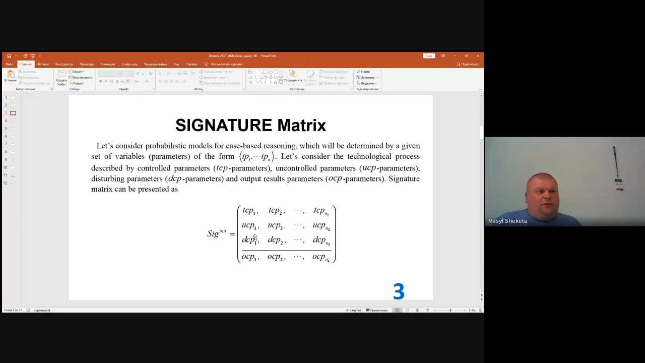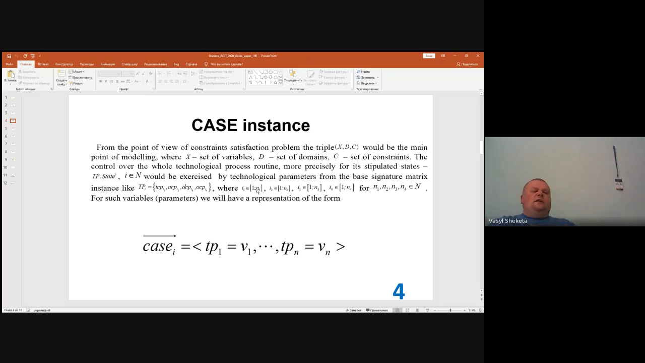When we're talking about these controlled variables, we present them in the form of a signature matrix. This matrix is constructed from the variables and parameters, and here we single out controlled parameters, uncontrolled parameters, disturbing parameters, and output results parameters. So the signature matrix, as we will see, is the main starting point,